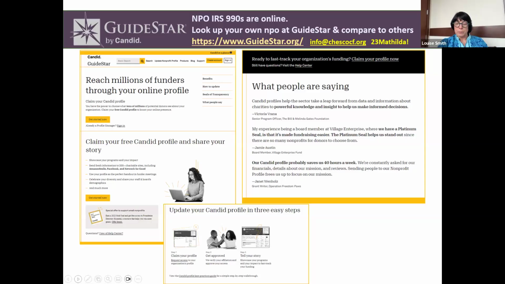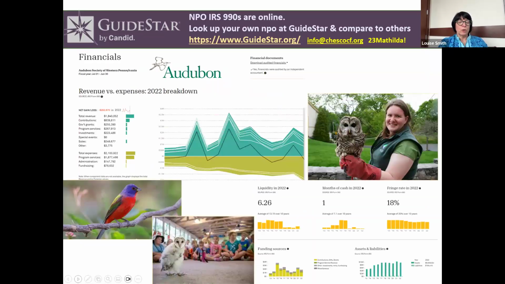And on the next slide, you'll see they do a good job of providing high-level financial information. They'll show charts, they'll show some of the metrics. This is a great place to look at metrics and say, if this is getting reported on GuideStar, should we be looking at this in our quarterly financial statement report package? Should we know our liquidity? Of course, you should know your liquidity.